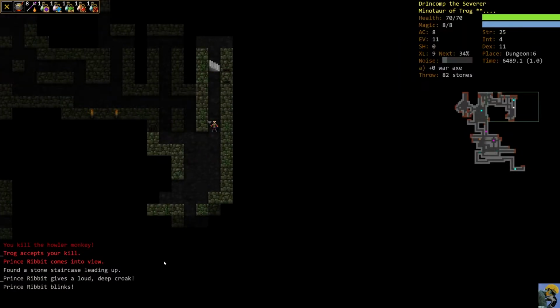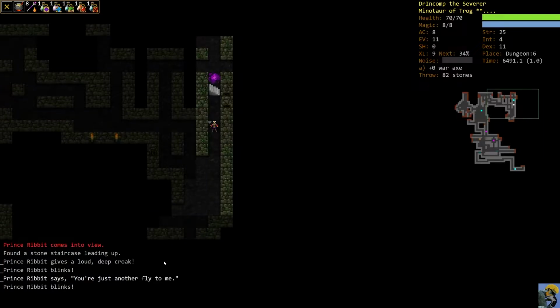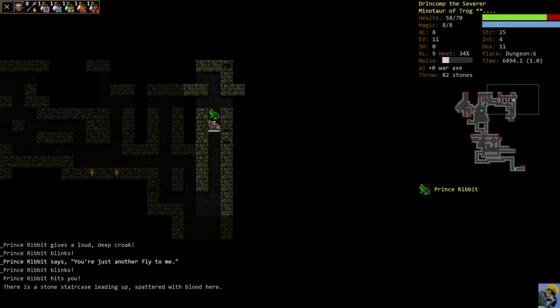Oh, we found Prince Ribbit. Alright, so Prince Ribbit is a unique named enemy who is a prince that's been turned into a frog, and the only solution to this problem is to beat him. Now, don't get it twisted. Prince Ribbit is hard. He hits hard. Frogs in general hit harder and have more health than you would think. So I'm going to just go ahead and...